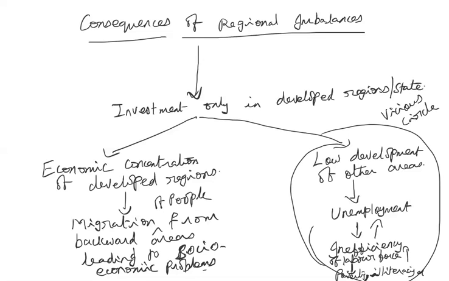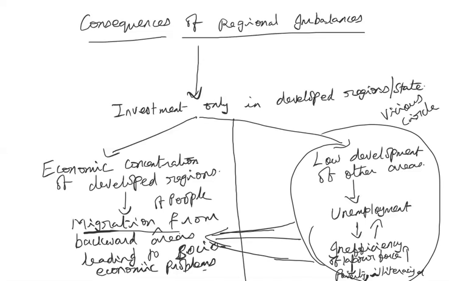So now again, this makes the labor force get attracted to urban areas or wherever investment is taking place, and they migrate. So this migration is taking place. So finally, what is happening? There is a gap there. There is too much of a gap. This gap keeps widening, and that problem rotates in the country. So one area keeps on developing at a faster pace, and another area keeps on remaining underdeveloped.